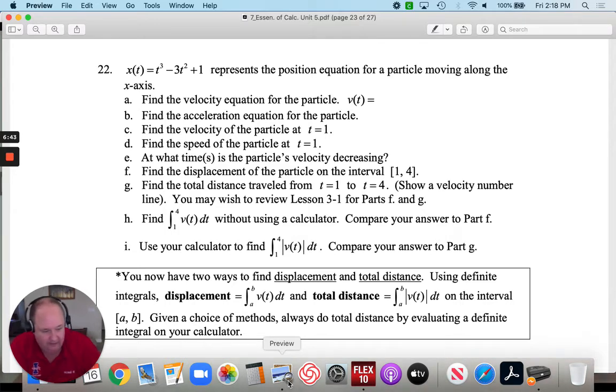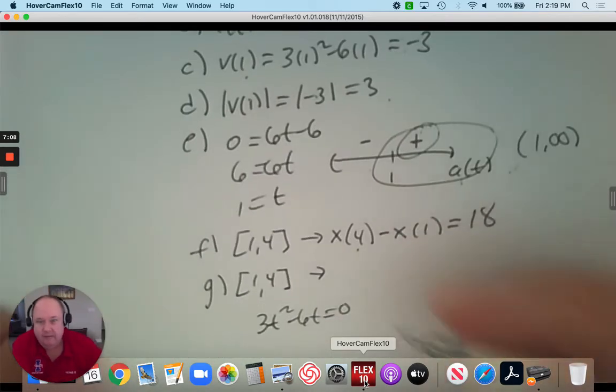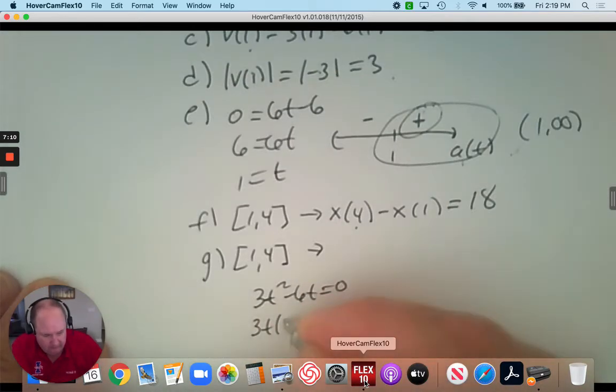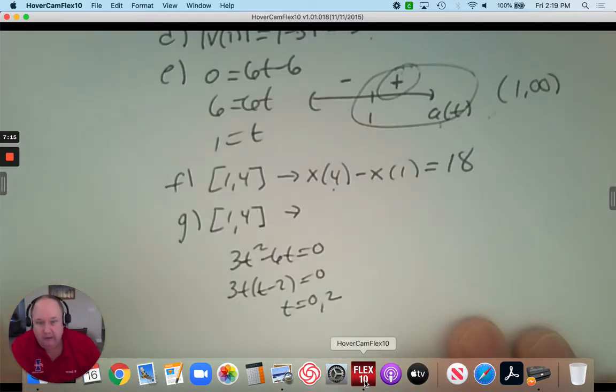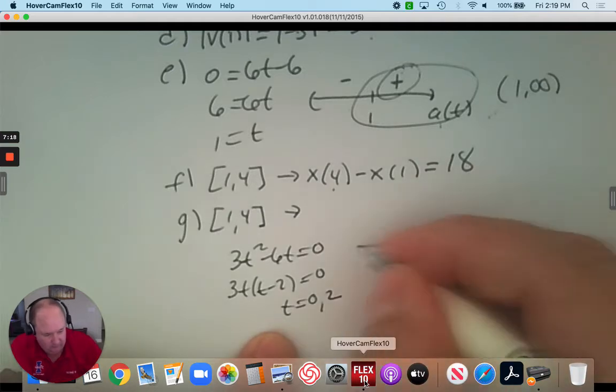To understand that, I'm going to take the velocity and make it equal to 0. I'm going to factor out a 3t and see that when t equals 0 and 2, I need to check. So when I draw a number line,